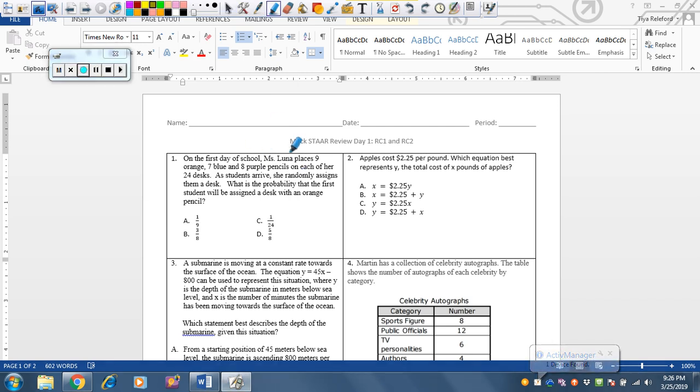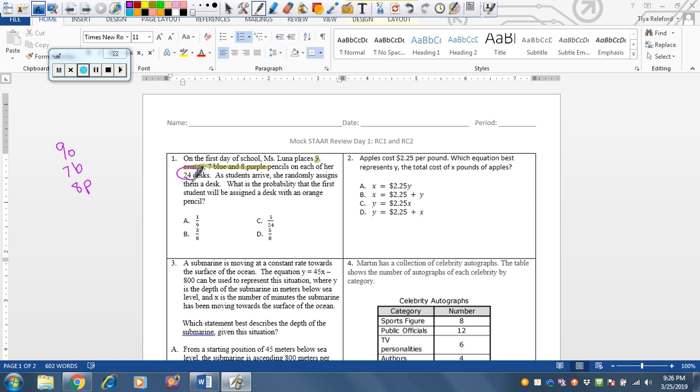On the first day of school, Ms. Luna places 9 orange, 7 blue, and 8 purple pencils. Right away, I'm making a list. I've got 9 orange, 7 blue, 8 purple